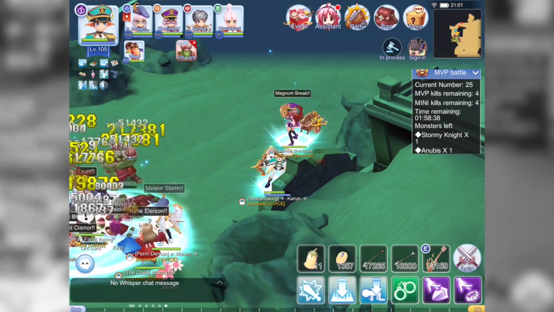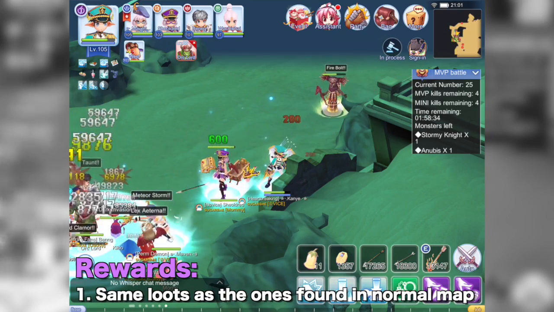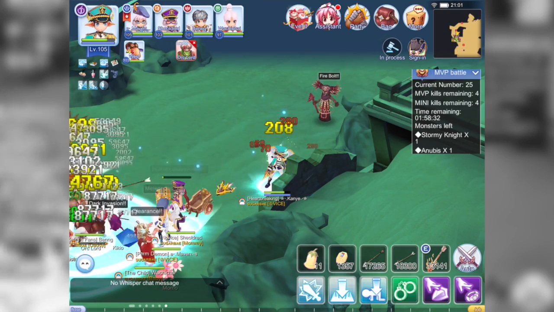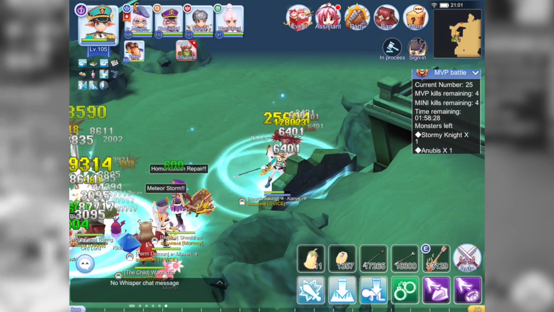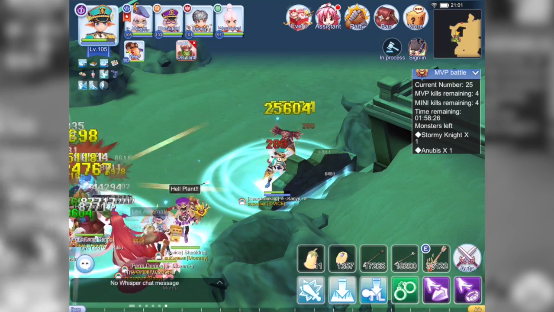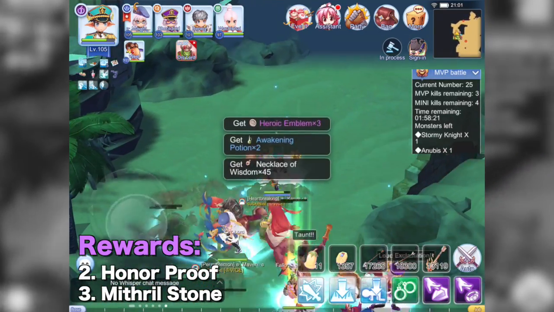The party who has successfully achieved MVP will receive the same loots as the ones found in normal maps, but with a higher loot rate. As an example, if your team defeated Orc Lord, you can get more than one heroic emblem, Eye of the Lahan, and other loots. In addition, from the usual MVP and mini loots, you will also receive Honor Proof and